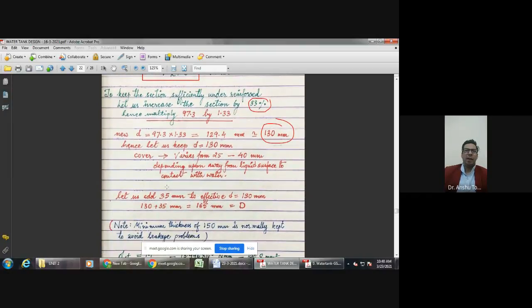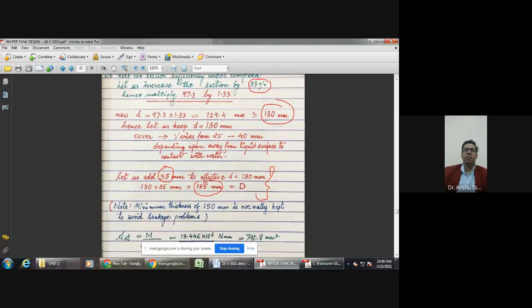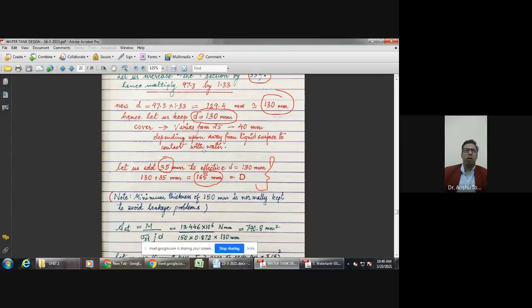So here I have taken the average value of 25 and 40. I have taken 35 mm. So if I add 130 plus 35 mm, this becomes the overall depth. This overall depth D is 165 mm. And this is small d, that is effective depth. In most of our calculations, we use effective depth when we want to calculate the area